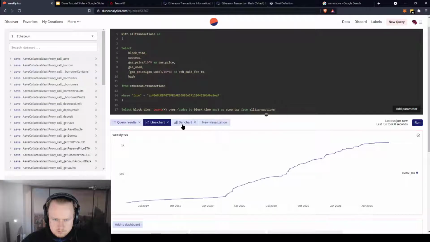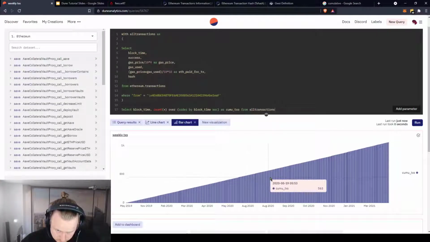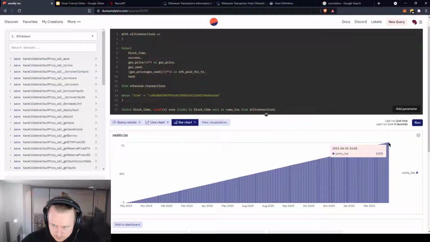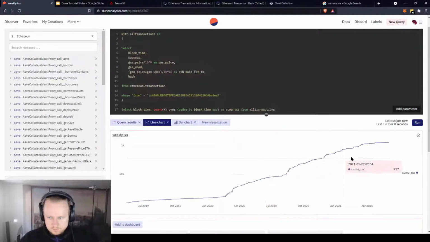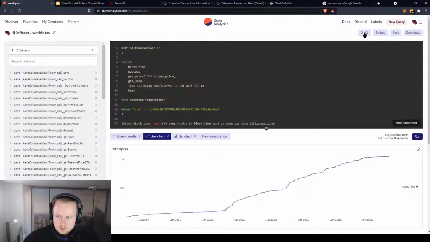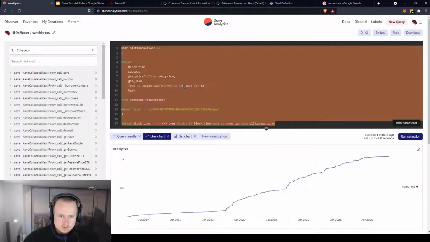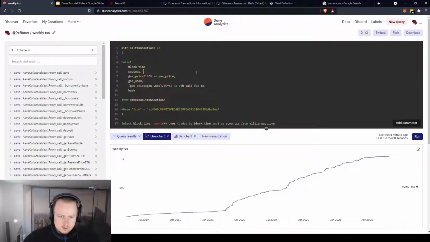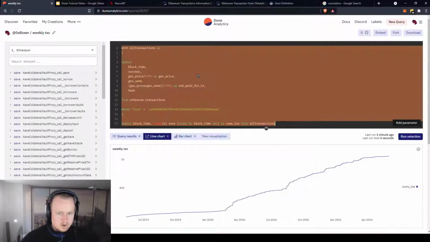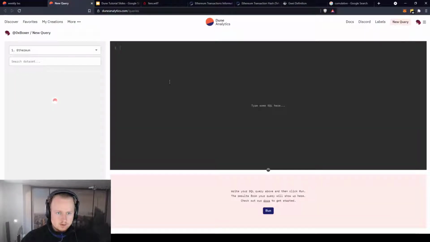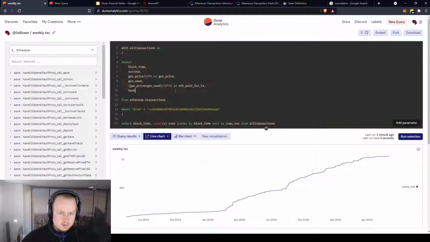So, yeah, the bar chart seems to have some problems here. That's weird. Anyways, now we are at our line chart, and I just wanted to save this. Oh, this is already saved. Oh man, I actually screwed up. What we are gonna do is just select a new query, paste this in here, and then we're actually just gonna